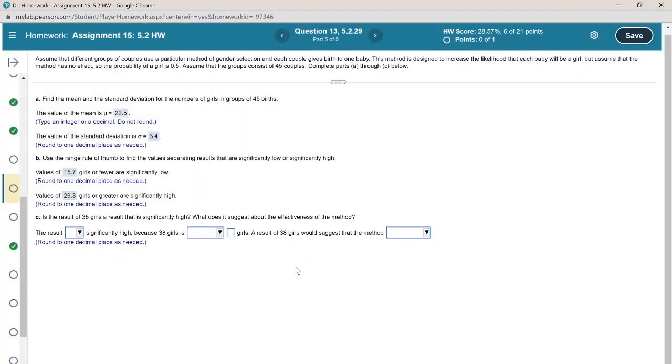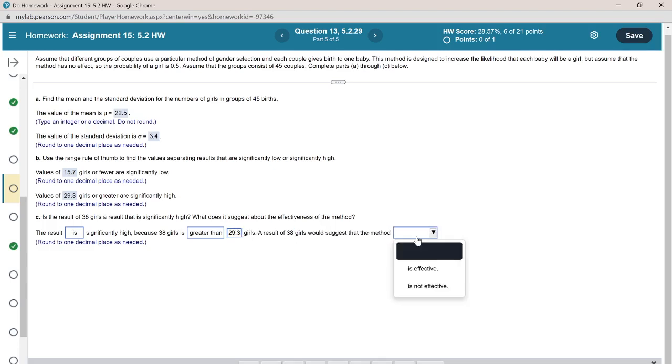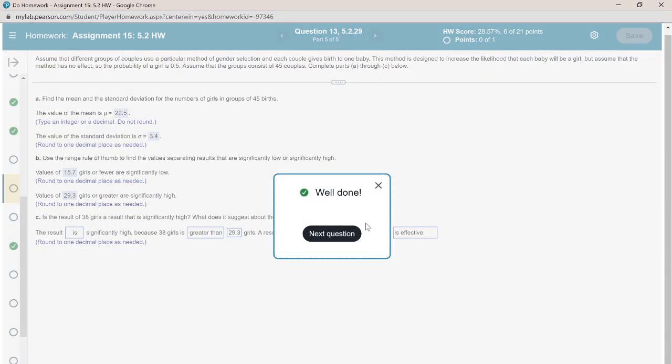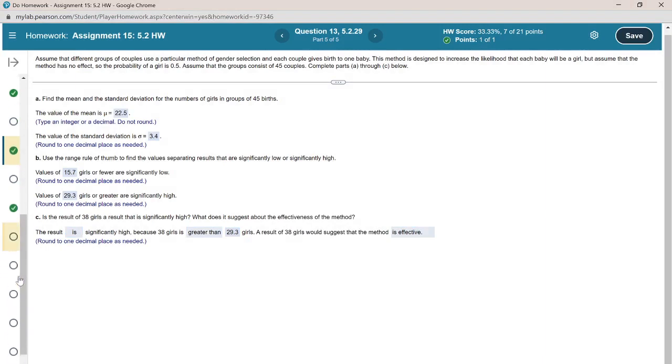Okay, and now is the result of 38 girls out of 45 significantly high? Yes, anything greater than 29.3 is significantly high. So the result is significantly high because 38 girls is greater than 29.3 girls. A result of 38 girls would suggest that the method is effective. So if by using this approach they have 38 girls, which is greater than 29.3, then that means the method is effective. Okay, so yes,